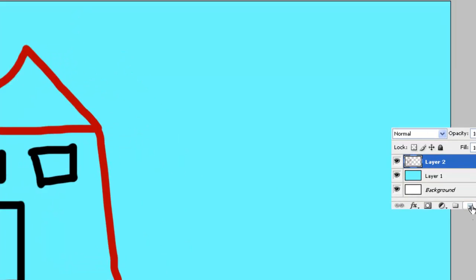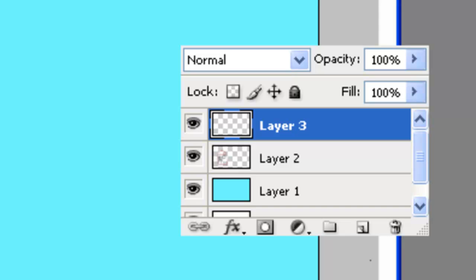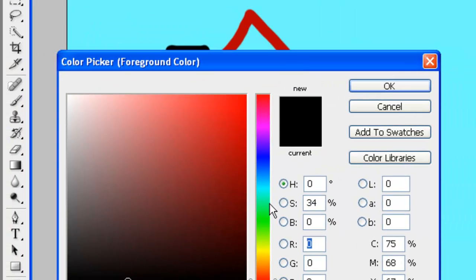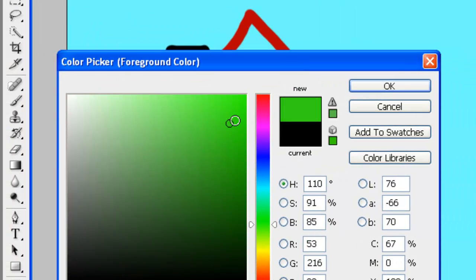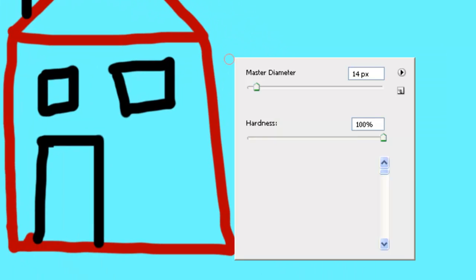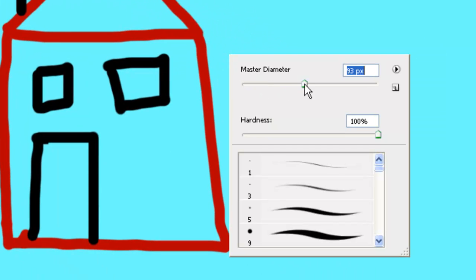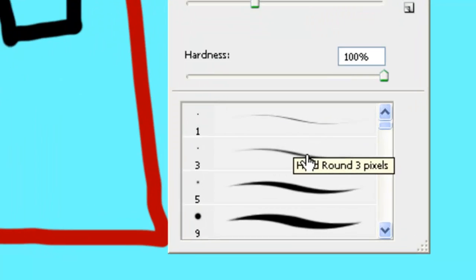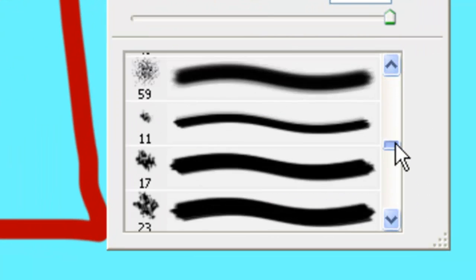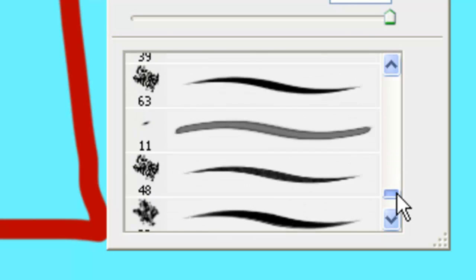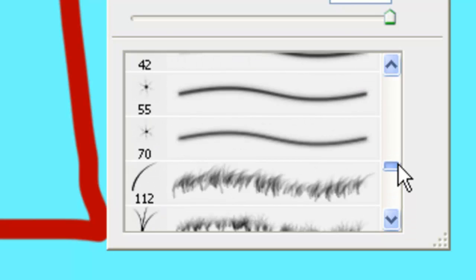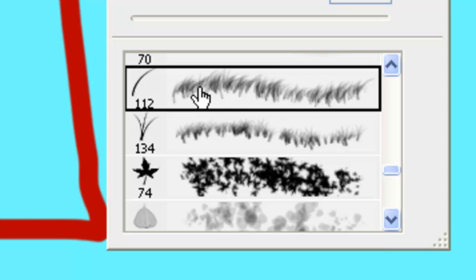Next, I'm going to add another layer. I'm going to change the color from black to a nice green. I'm going to right click. And we know that we can change the diameter and we can change the hardness, which I'll talk a little bit more about in a minute, but we can also change our brushes, and we have quite a few to choose from. I want to add grass, so I'm going to switch to this